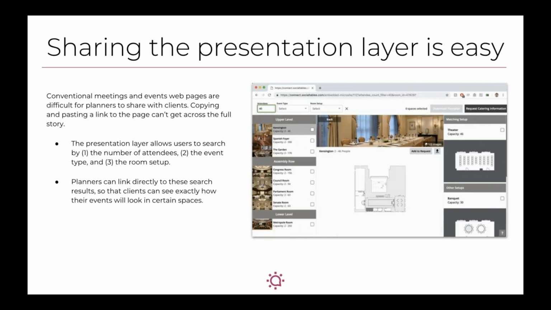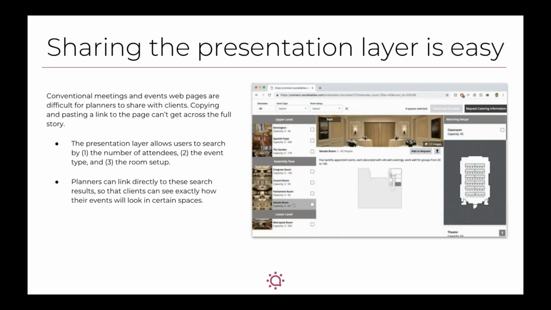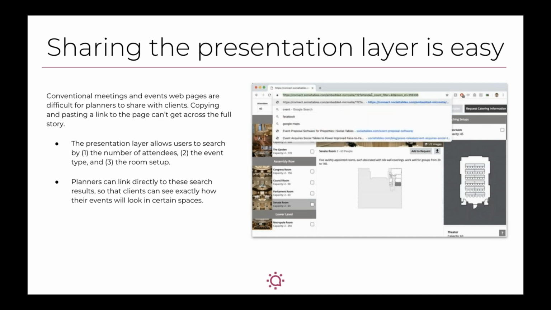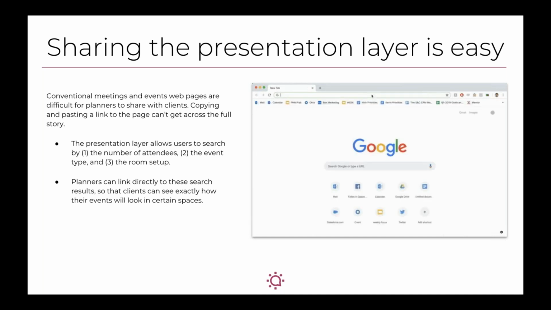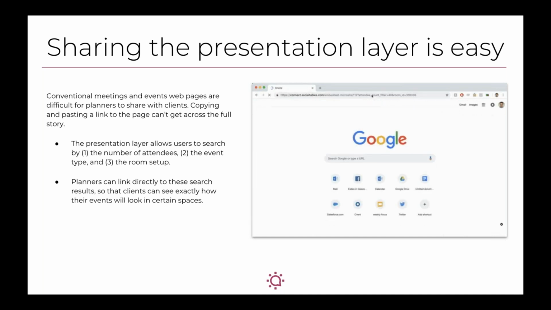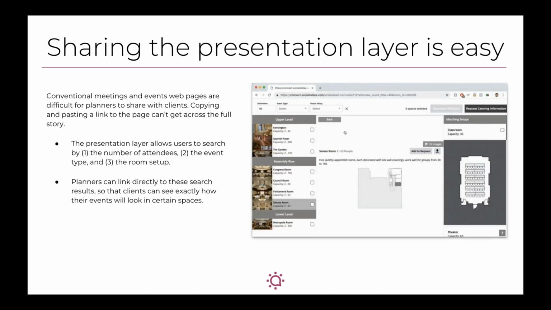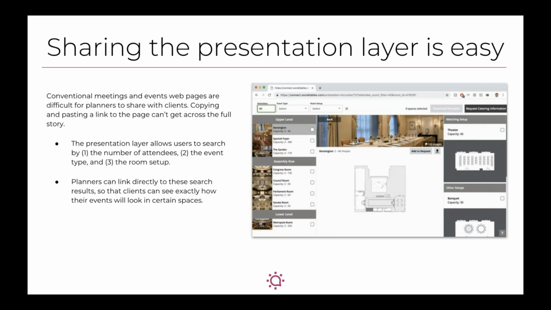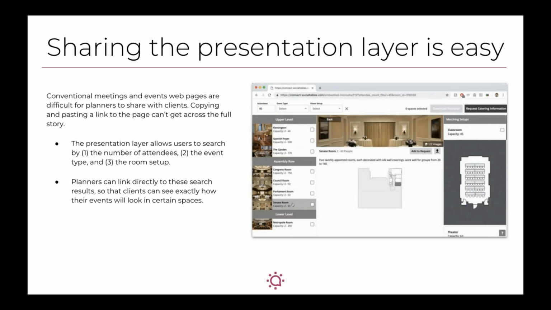it's a reception style event, you could use the searching parameters on the top left to tell the Social Tables presentation layer what you think your customer wants to see and highlight some rooms that you think may work. And then you can use the Social Tables deep linking functionality to send them the pre-sorted rooms so that they're only seeing what's relevant to them. And although it is embeddable on a website or able to be linked from a website, it also functions as a URL. So if you send it to someone as a link in an email, they'll be able to click on it and open it in a new window in any browser.